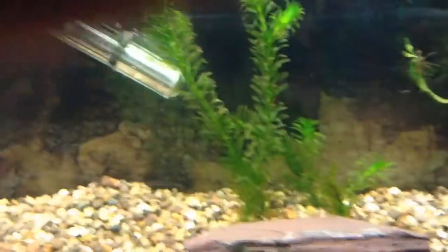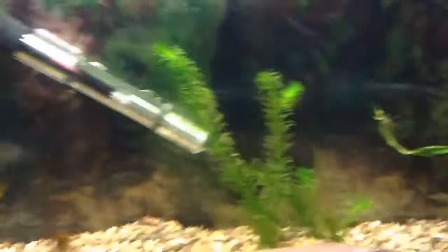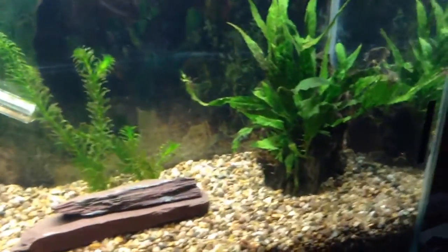Now, this tank at the moment is lit by a single 25 watt T8 fluorescent tube on the top of this tank. It's got a tropical daylight bulb in it. You will see I got this tank second hand, and the canopy,